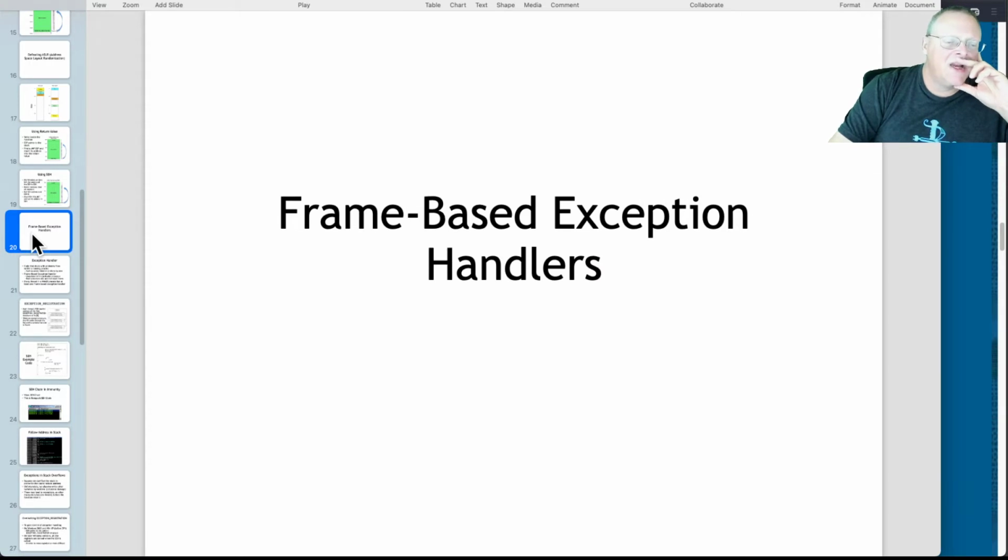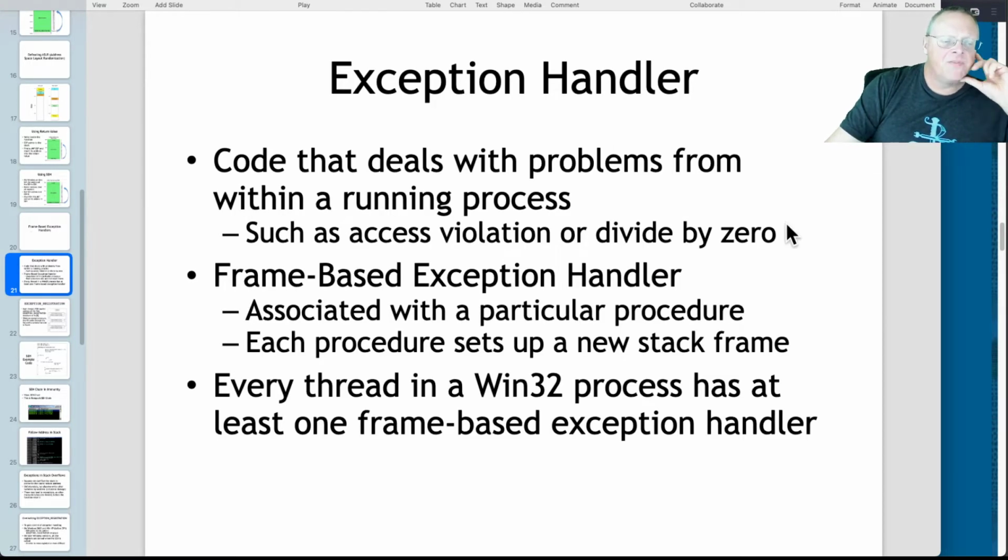All right, so the exception handler is here, and the point of this is when something bad happens and the code cannot continue to execute in sequence because an exception has occurred, it goes to your exception handler, and this is where you can say, if a bad thing happens, do this. If a different bad thing happens, do that. So you'll have a series of routines, each of which check for certain error conditions, is the idea,